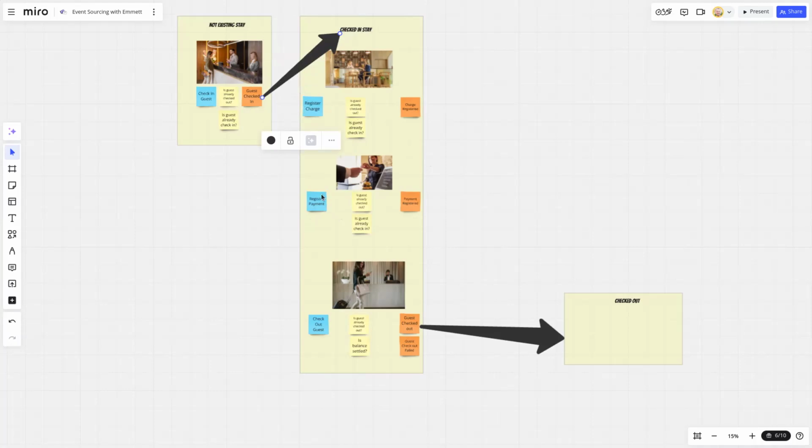At the end, they need to pay for everything. After they do that and settle the balance, so the balance is zero, they can check out and finish their stay. So this is our humble business use case, and let's try to have a look, as I promised, in the code,